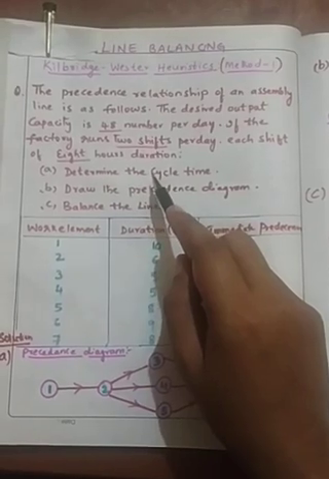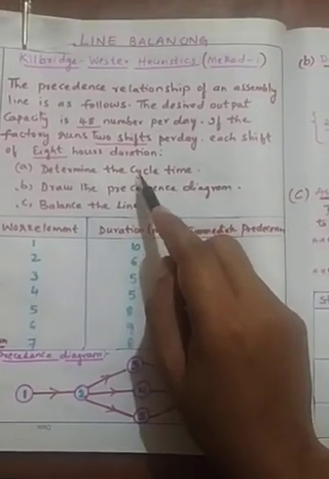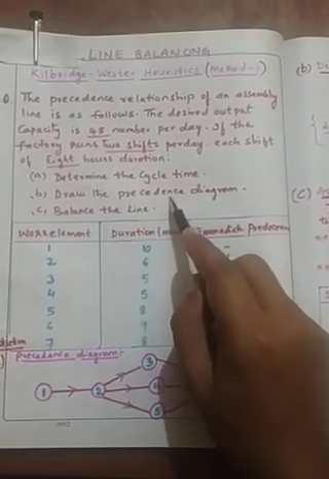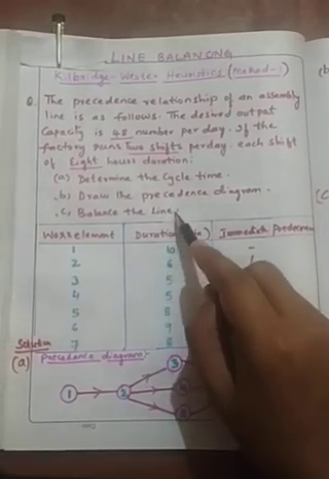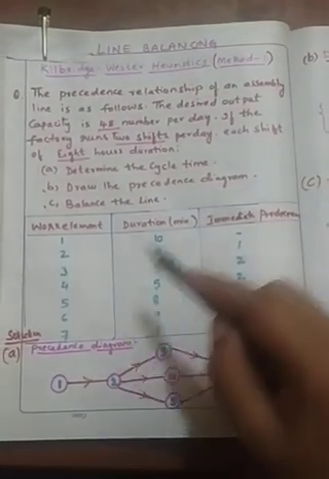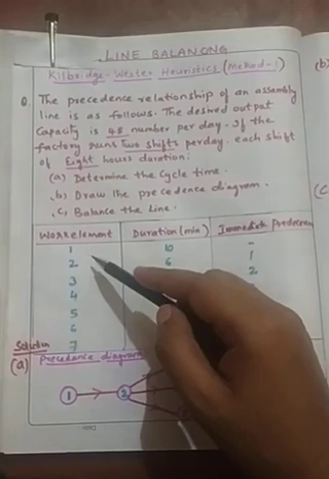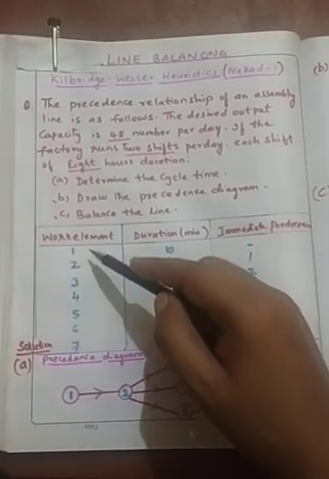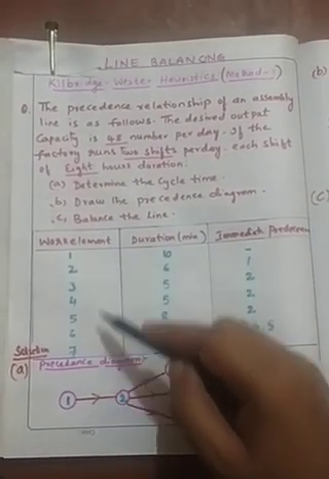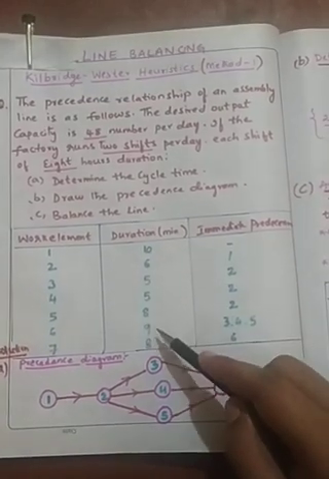You are supposed to determine the cycle time first. What is the cycle time? The second task is to draw the precedence diagram, and the third is to balance the line. This is the data given to us. There are 7 work elements. So 1 to 7 are the work elements, and for completing these 7 work elements, the duration is given and